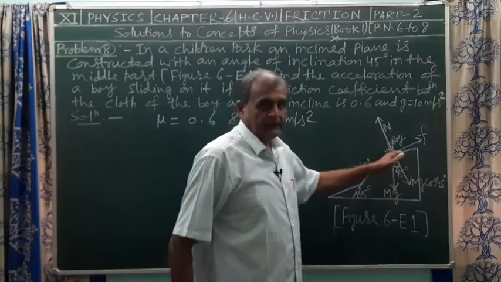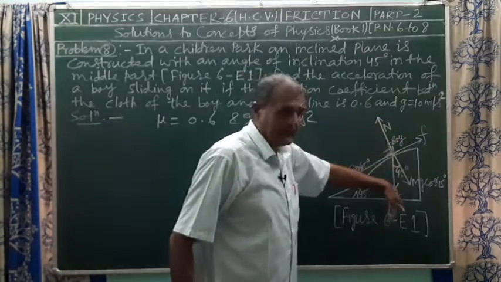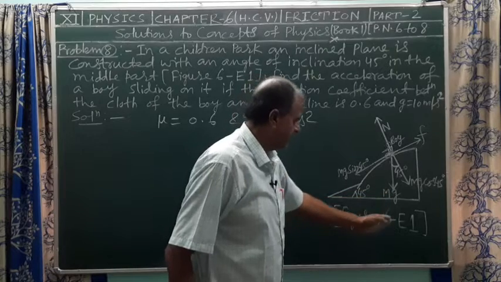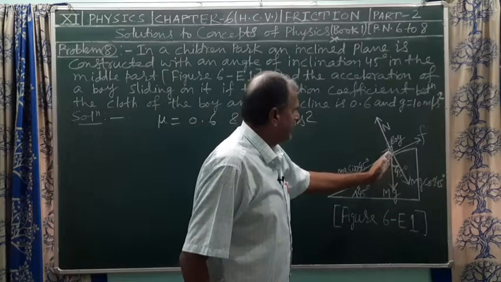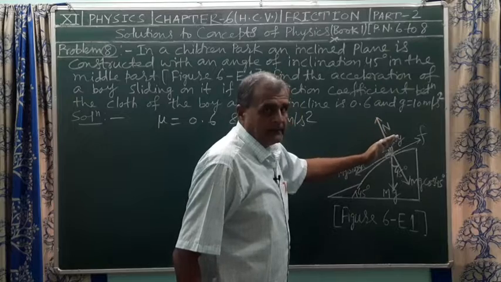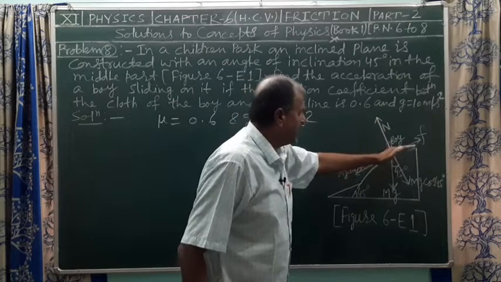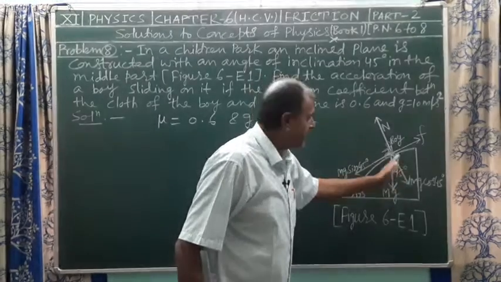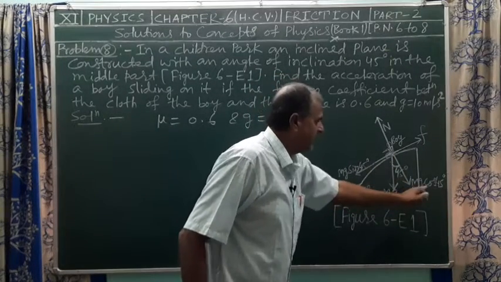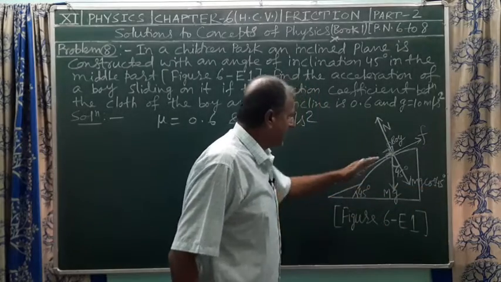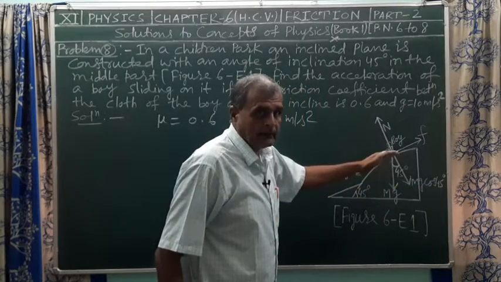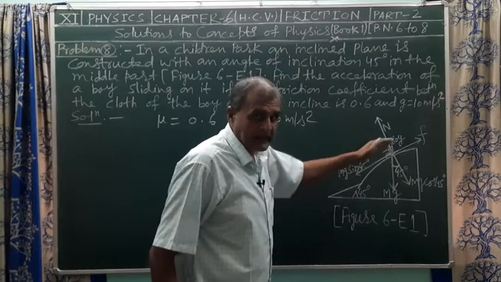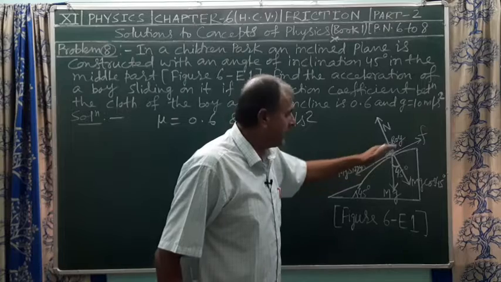Weight of the boy will act vertically downward, which is represented in figure 6E1, and normal reaction of the boy is perpendicular or normal to the inclined plane, which balances the vertical component of the boy, which is mg cos 45 degree. Other component of the weight of the boy is mg sin 45 degree along the incline in the downward direction,